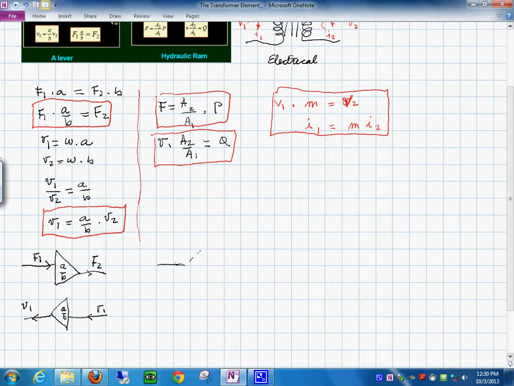That's good because it illustrates that in here we have this P gets multiplied by A2 over A1, and out comes F. So A2 over A1. And then over here we have the opposite. This would be A2 over A1 like this,